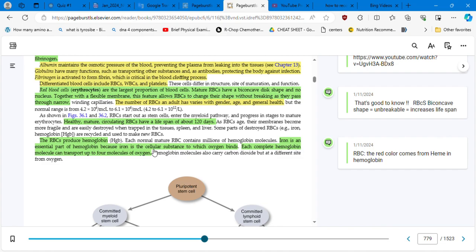Iron is an essential part of hemoglobin because iron is the cellular substance to which oxygen binds. Each complete hemoglobin molecule can transport up to 4 molecules of oxygen. Okay, so RBCs, 120 days lifespan, hemoglobin on it, giving the color, and also iron